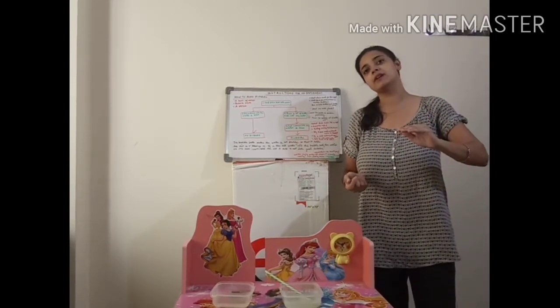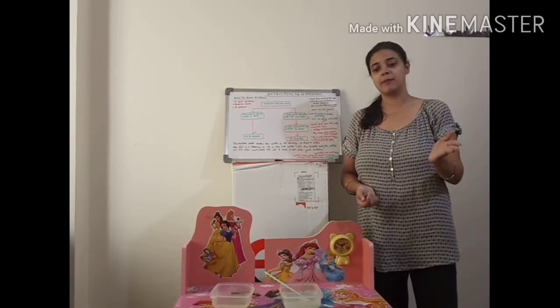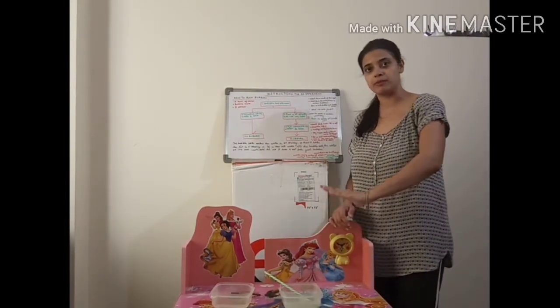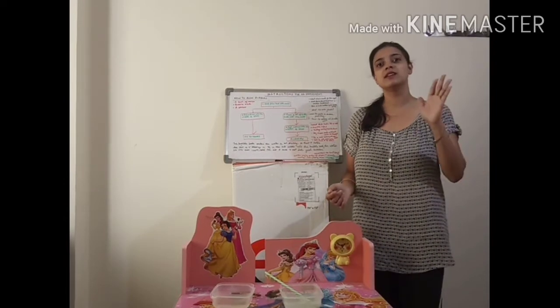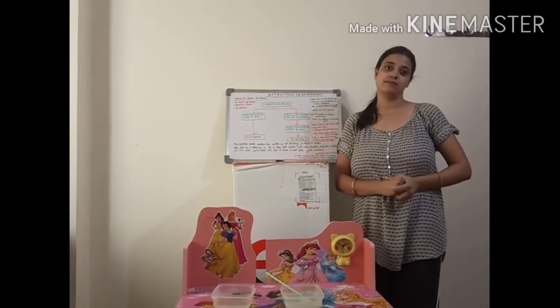Then you take a paper and skim off the bubbles. Take the paper and hold it on the bubbles on the top and move it. You will see a bubble painting. That's how a bubble painting is formed. Okay?